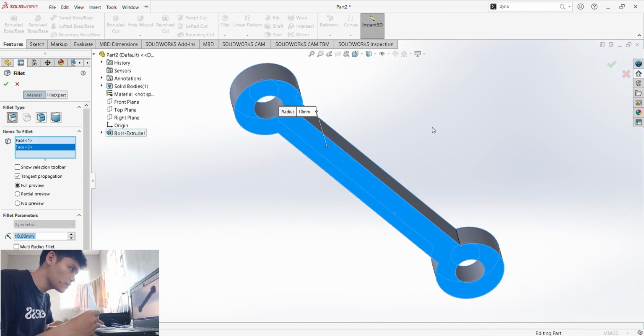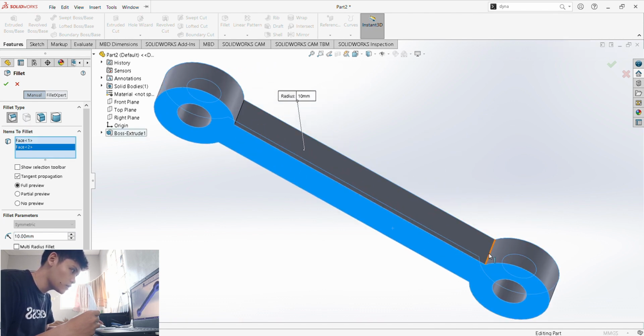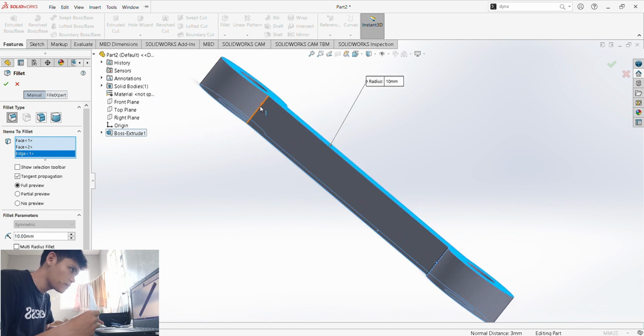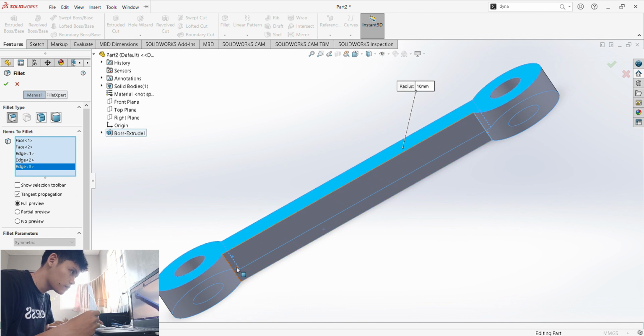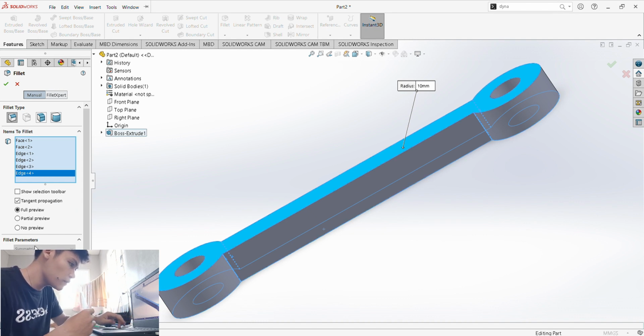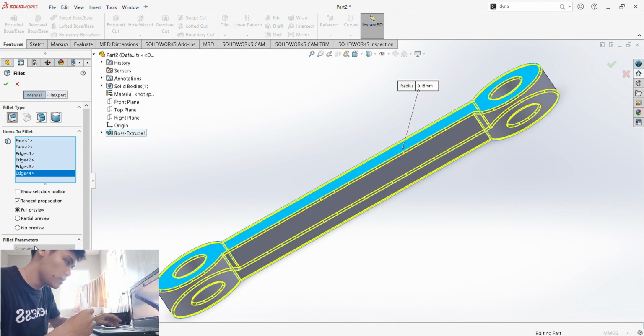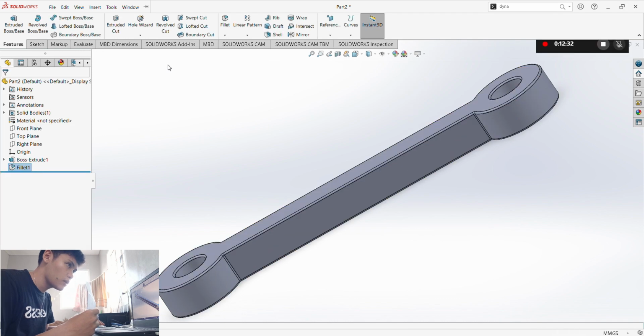Select the surface. Also the edges. And select 0.15 and check.